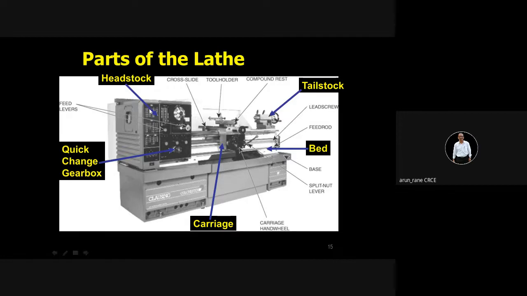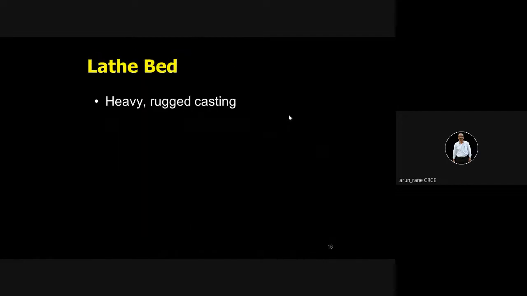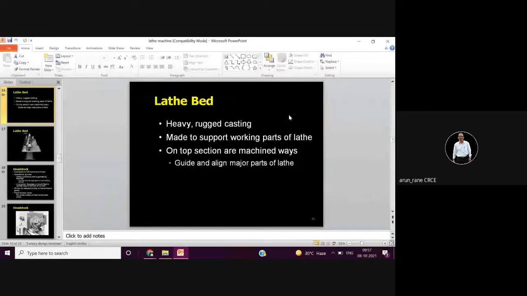So you have a headstock, a quick change gearbox, carriage, bed. They are the major components. So what are the properties of the lathe bed? It should be heavy, rough casting, and should support the parts of the lathe, and the bed is the most important component, because on the bed all other components are mounted.